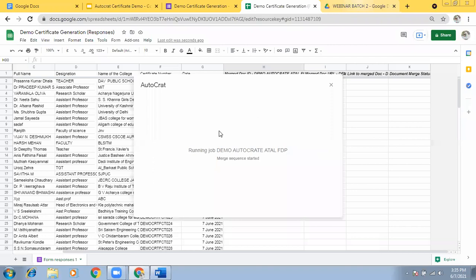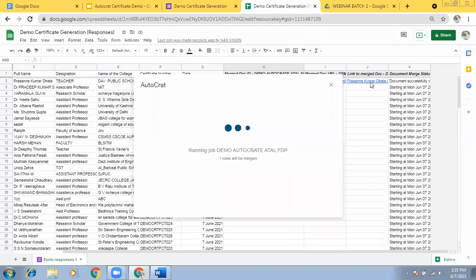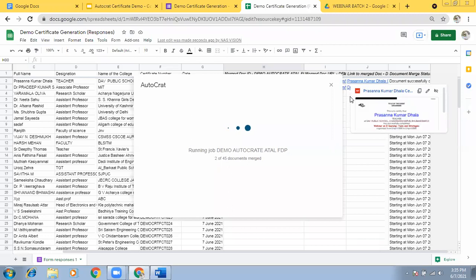I hope the certificate number will also be printed in the file name. Yeah, now you see, since we deleted this one, we are getting Prasanna Kumar. One by one certificate is being generated.